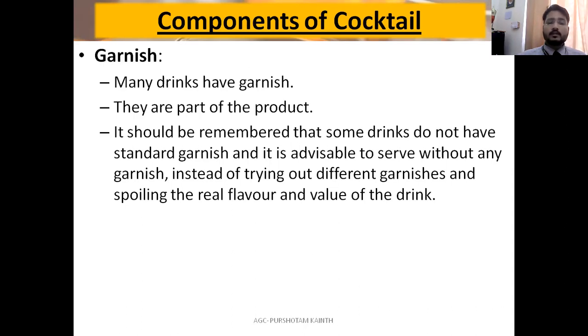This is advice for beginners who are gaining knowledge of a bar. Some drinks have a standard, fixed garnish, so we must not change it. Otherwise, we will spoil the taste and the authenticity of the drink.